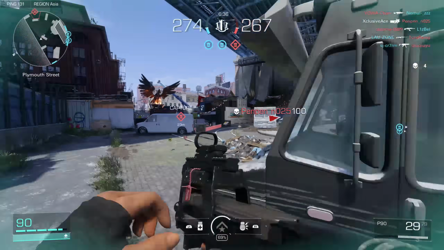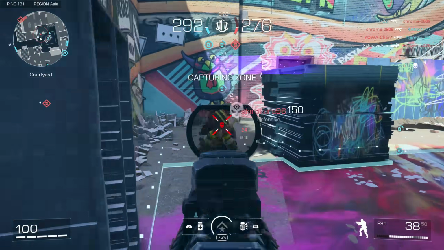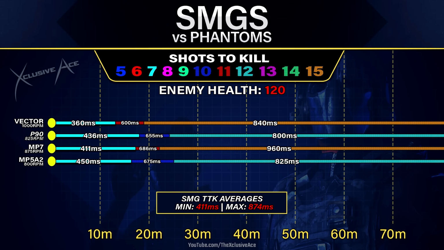Now, what about Phantom users? What does this do to the SMGs if you're playing against somebody that's using Phantoms with 120 health rather than 100? Well, now in that maximum damage range, it's going to take us an extra shot to kill for all of the SMGs, but just 1 extra shot to kill, so it's a 7-shot kill. And now our time to kill potential will range from 360 milliseconds with the Vector up to 450 milliseconds with